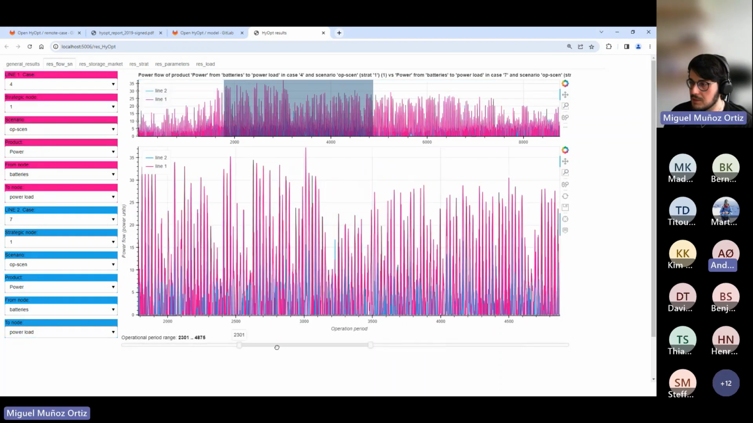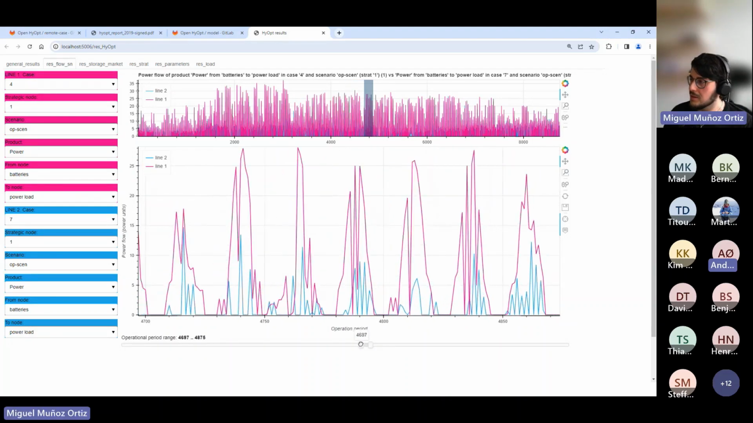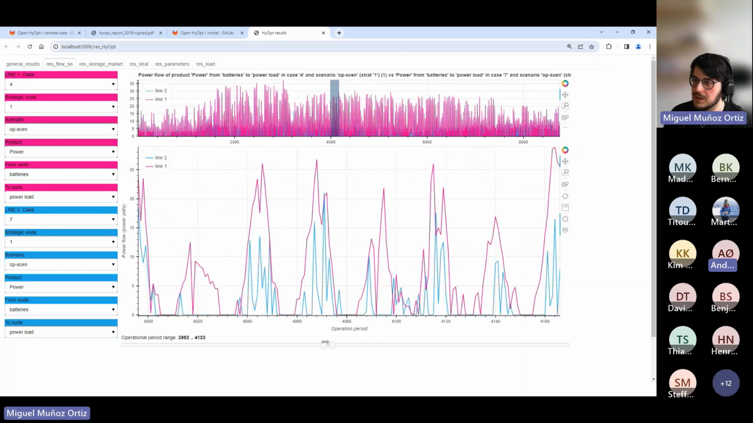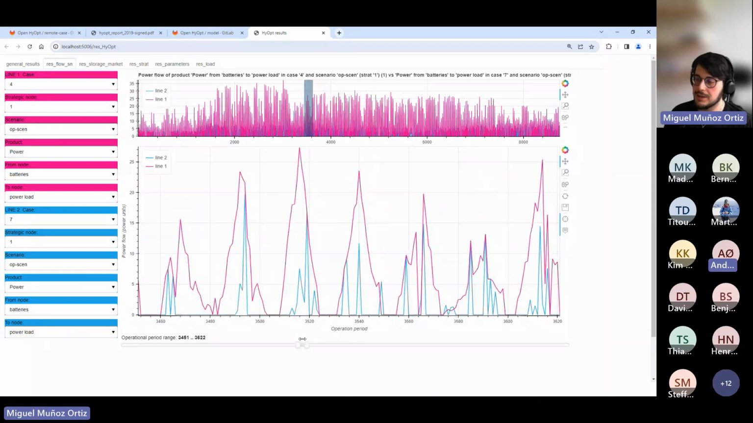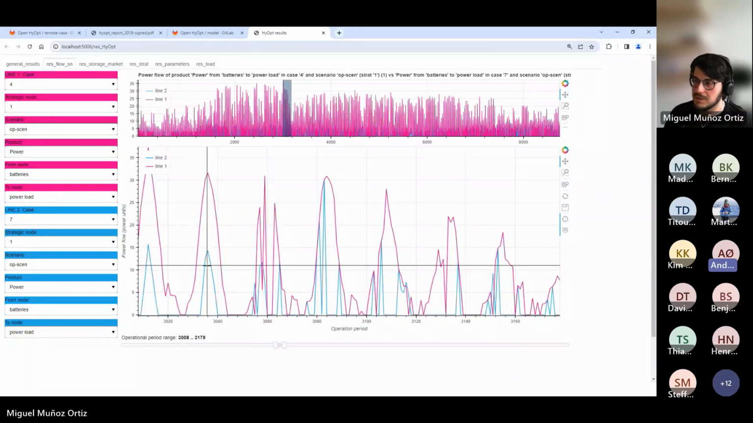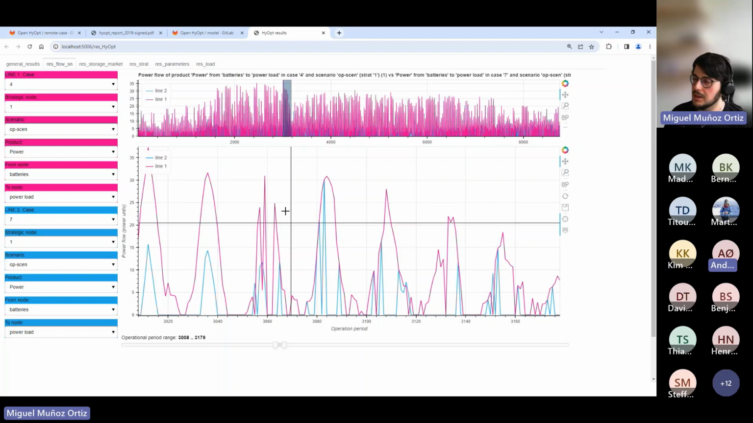So we can see, we have to go a little bit closer. Here you can navigate through the 8,760 hours of the year, how the model operation looks like. And then you can see that if you only have a battery, you will use it. It will provide much more electricity to the load than if you have also hydrogen. But it's just to show that you can compare the different flows for any of the cases to